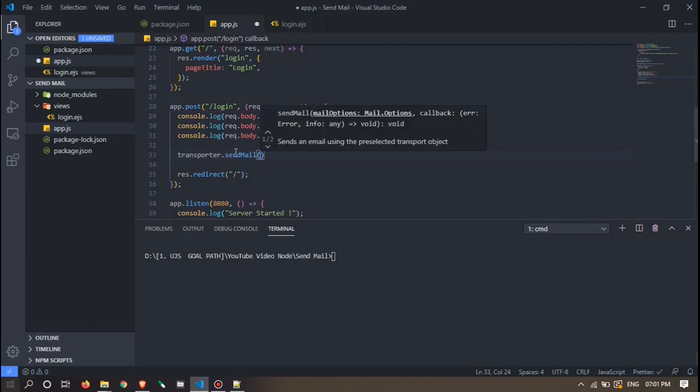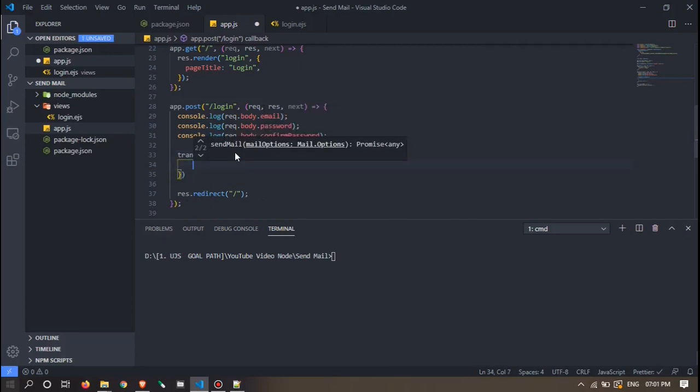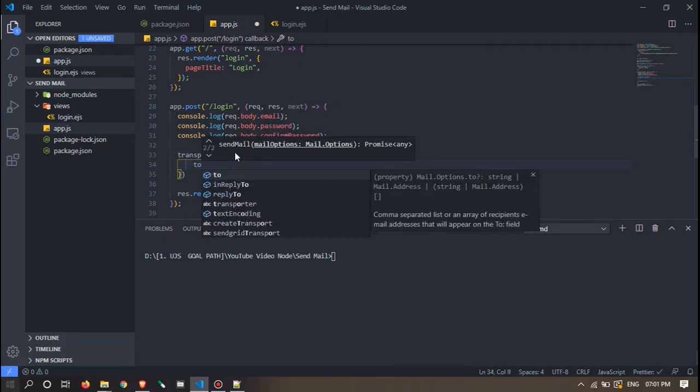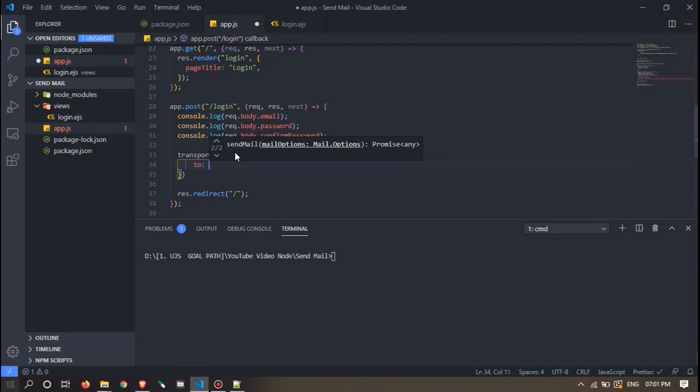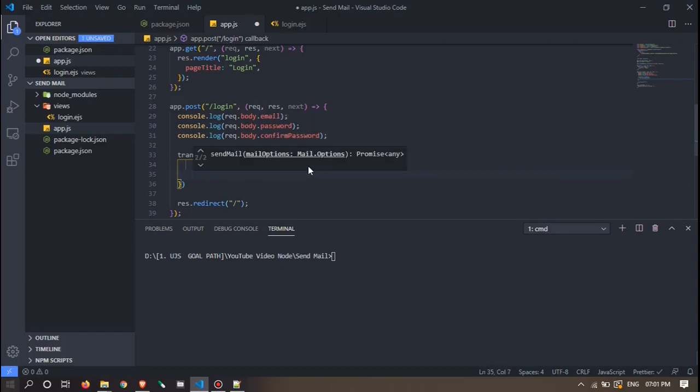This will send the mail. It has several options, so we have to specify them, like to. We have our email from the client, so the email will go to this email ID which we have specified. Then from.